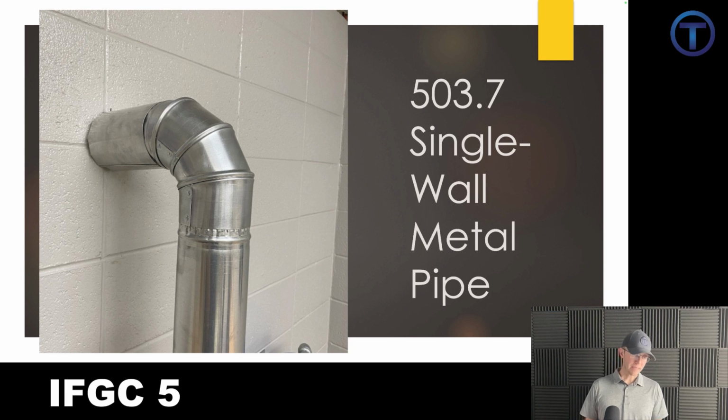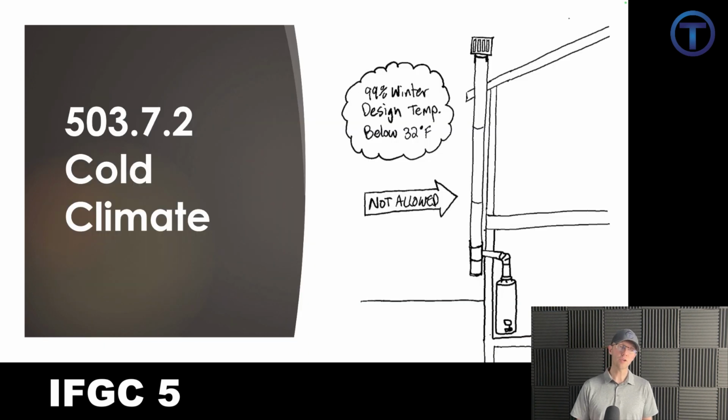A lot of the requirements are the same as we've already looked at, so I'm just going to point that out. As far as minimum distances from the appliance to the vent terminal, how those vents terminate outside of a roof, a lot of that is the exact same stuff. One thing that's different when it comes to single wall pipe is that it's not rated for cold climates. If you have 99% winter design temperature below 32 degrees Fahrenheit, or in other words, if you have cold winters, lots of ice and snow at times, then running a single wall vent pipe on the outside of the building